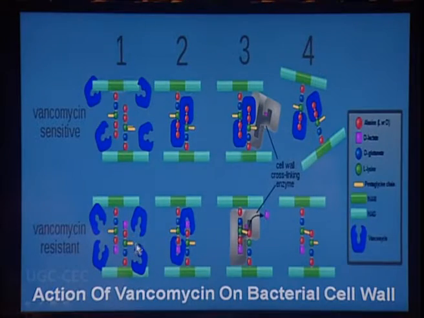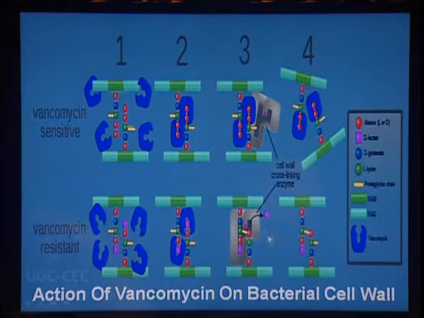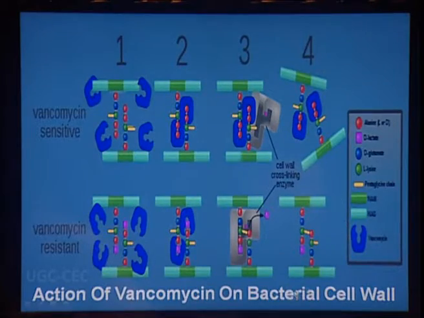This particular antibiotic was discovered in 2001, and in 2003 there was resistance to it. How was this resistance brought about? The vancomycin resistant group will not allow the free alanine to bind with the vancomycin molecule. So, the cell wall cross-linking enzyme will be active because vancomycin is not binding with the alanine residue. So, the cross linkage is completed. The third and the fourth amino acid will combine with the pentaglycine linkage, and the structure of the cell wall is maintained.